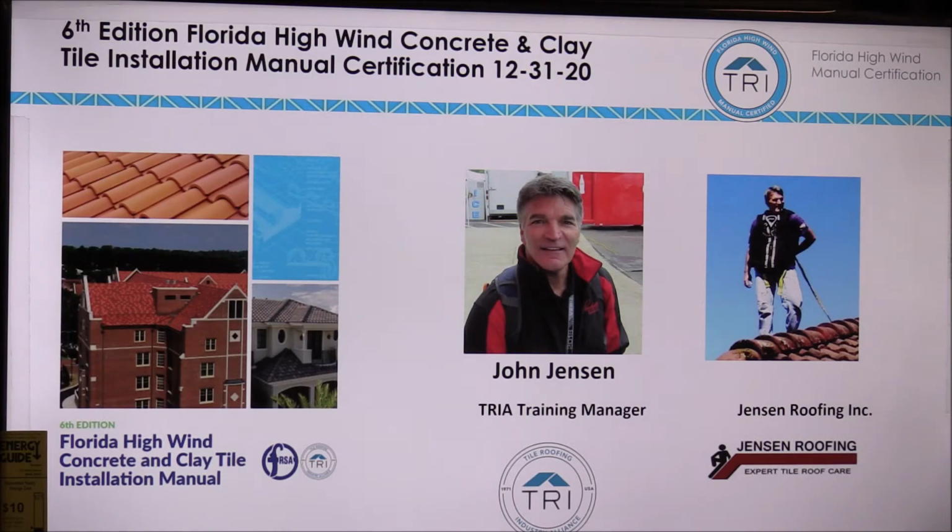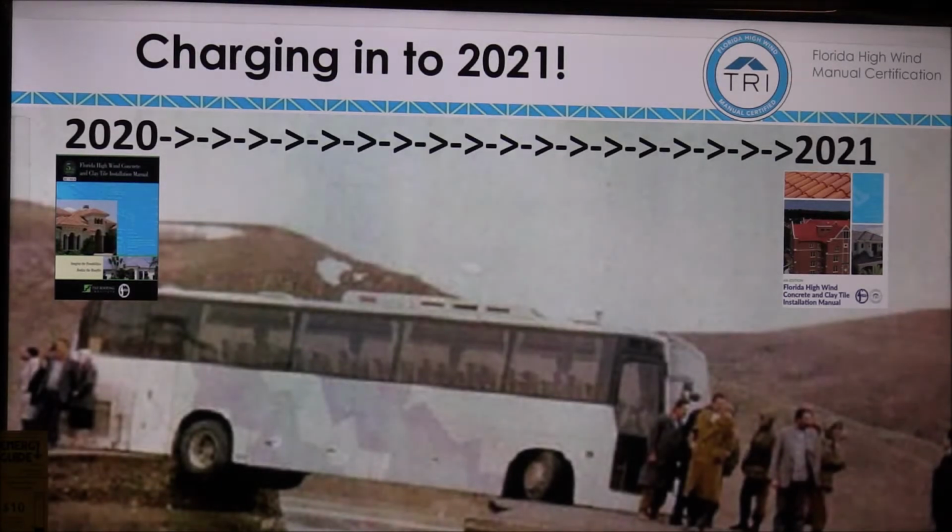My name is John Jensen. I am the TRIA training manager, and I'm also a roofing contractor. So we're charging into 2021. That's our last year's manual. 2020 ended, and that manual is going to cease to be used as we go forward, except for permits that are outstanding. Permits that were taken from December 31st forward, we'll be using the new 2021 manual that you have